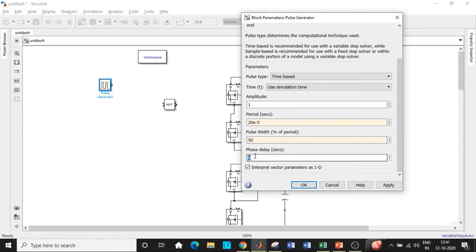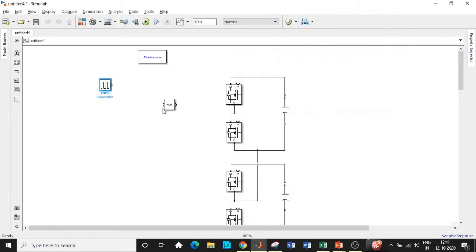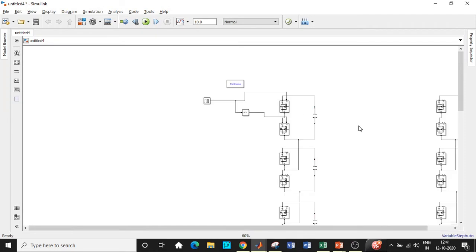So let us assume the phase delay to be 4 into e power minus 3, 4 milli. We'll be giving some delay for each of the pulse generator blocks in a specified sequence, just like the way I explained for a multi-level inverter circuit. For 5 level I have explained in one video, and there I explained the switching pattern and all. So it is similar to that, but the working totally changes, hence the pulse delay with respect to the circuit also changes. So I am connecting this between this point, and this is given to a NOT gate, and we are triggering the other switch in this particular fashion.